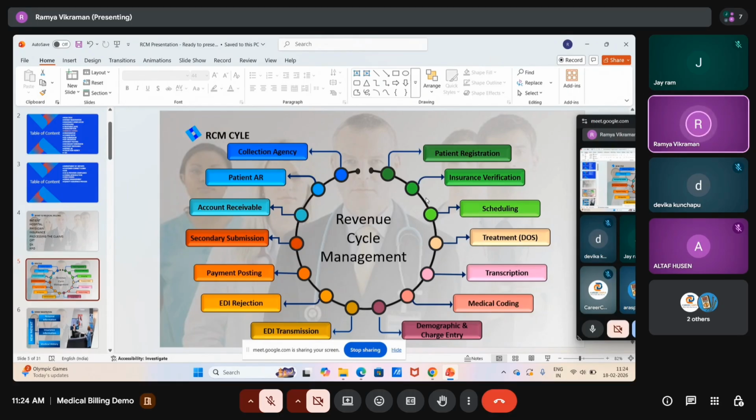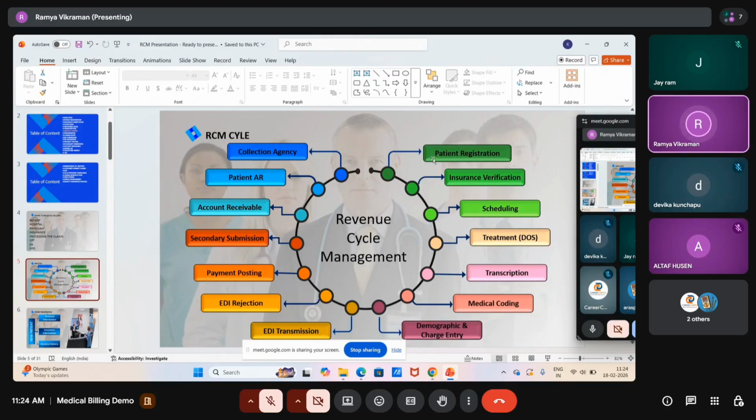When you want to schedule an appointment, they will check the patient's free time. If the patient wants to meet the doctor tomorrow or the day after tomorrow and the slot is available, they will schedule it according to the patient's wish. If not, they will inform the patient that there is no slot, and the patient will avail the service based on the available slot. That is the process called scheduling.